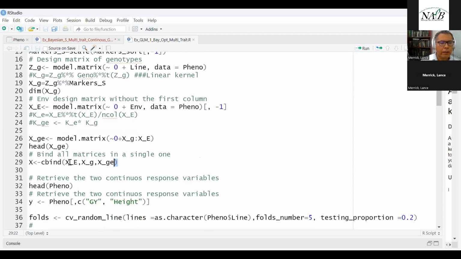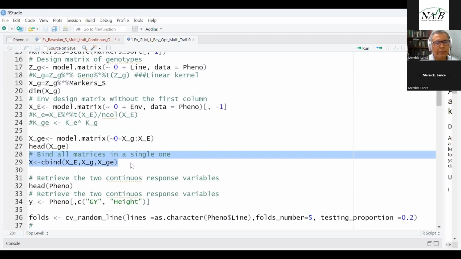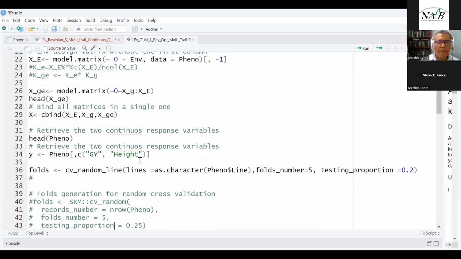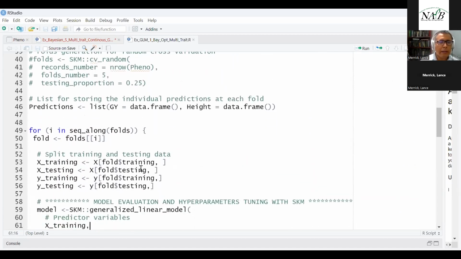And now here, because this is a generalized linear model, I cannot specify each component. I need to specify all the information in only one component. For this reason, I put cbind to concatenate the information of environment, genotype, and genotype by environment interaction. And here is the same information for computing the folds. And for implementing this one now,